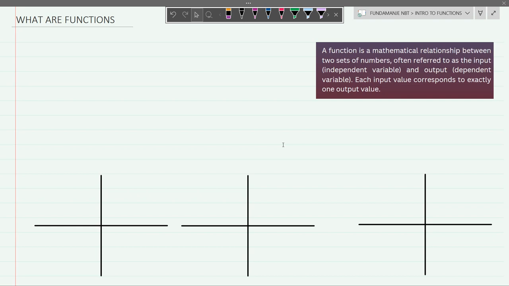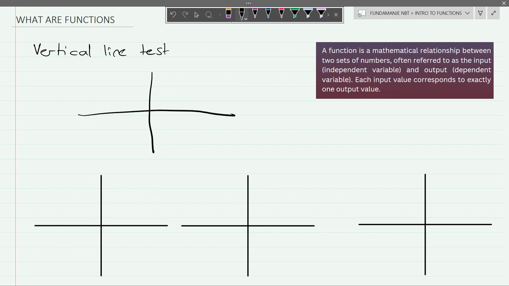So first we're going to start off with the vertical line test. So the vertical line test helps us to determine whether we are working with a function or not. So how does it work? Given a function, let's say this parabola like this, if we draw a vertical line at any point within the domain of this function, we should only intercept the function once